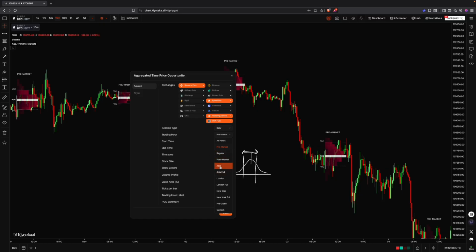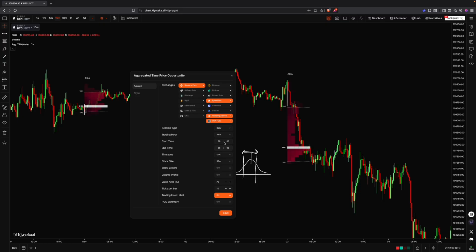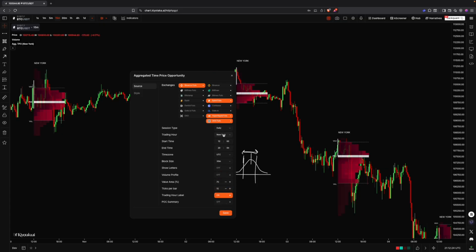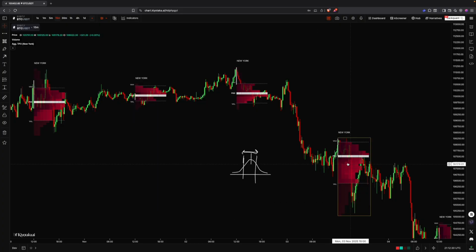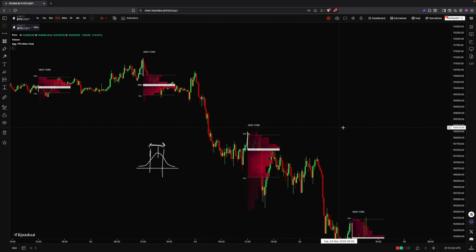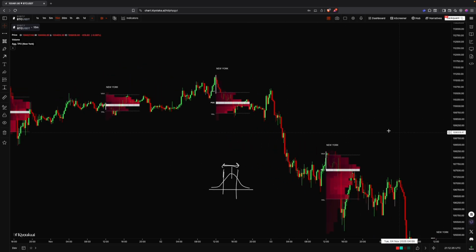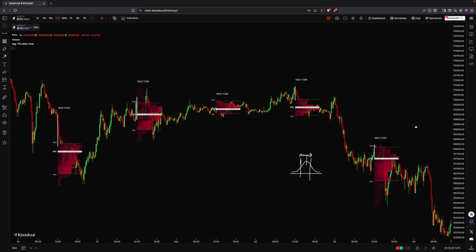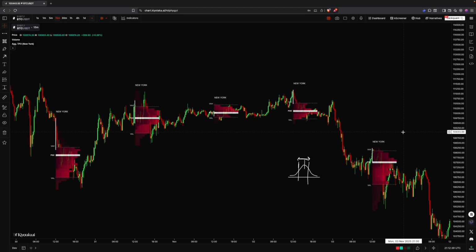You've got your Asia session, which you'll notice the start time changes at midnight UTC, which is market open, and it ends at 6 a.m. UTC, and then it leads into the London session, and then New York, and so on and so forth, right? And if you want to look at, for example, just New York flows each day, you can do that, right? Because New York is typically the highest volume session, so it gives you a good picture of what institutions that are active at that time are doing,